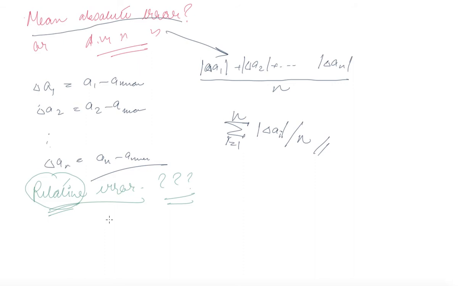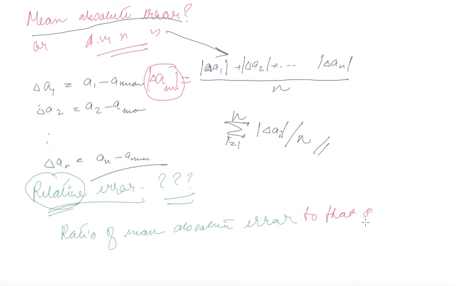So relative error is the ratio of the mean absolute error, which I defined as this, to the actual quantity